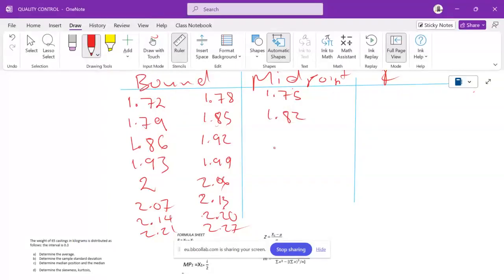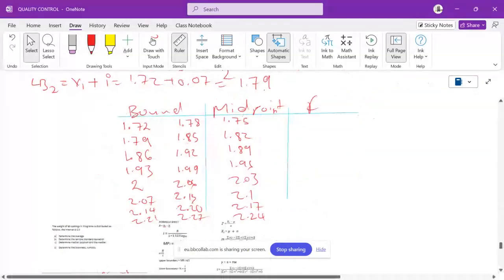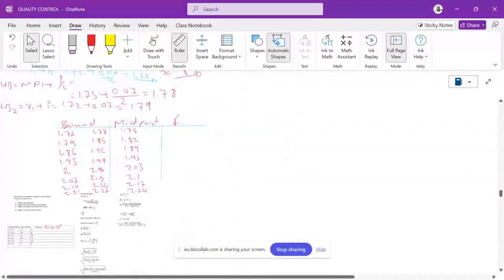182 plus 0.07, 189, 189 plus 196 plus 203 plus 2.1 plus 217 plus 224. Okay, then now we check on the frequencies the same way we were doing it, where your frequencies are